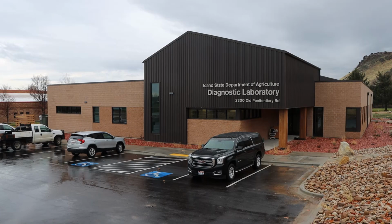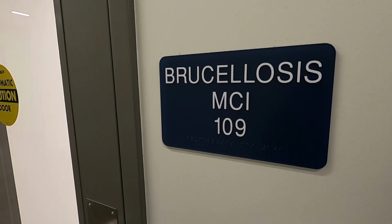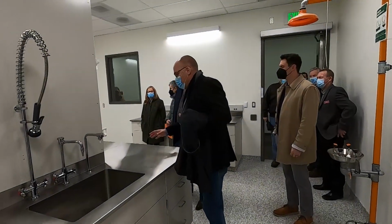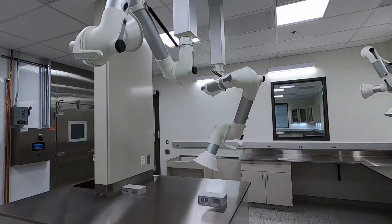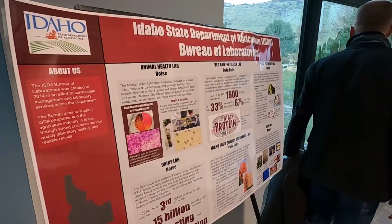Idaho has nearly 3 million cattle, sheep, goats, and horses, and demand for testing has increased dramatically in recent years. ISDA says brucellosis sample testing has increased 854% since 2015. Not only do we have the additional square footage to increase our testing capacity in the animal health lab with brucellosis and trichomonas and all of those animal diseases, but our dairy lab is also located here,